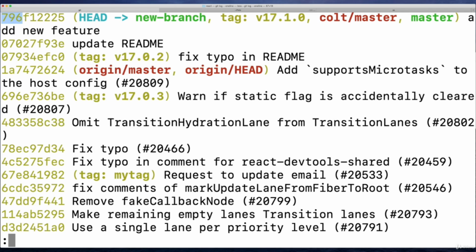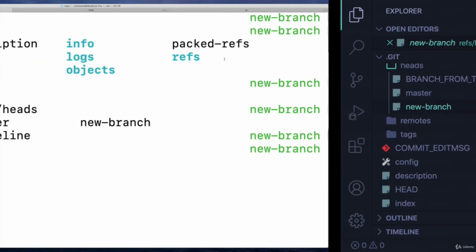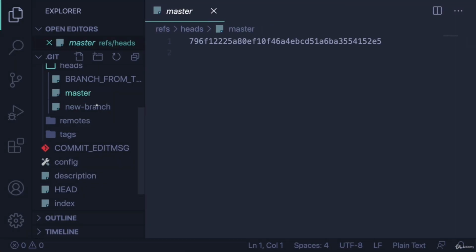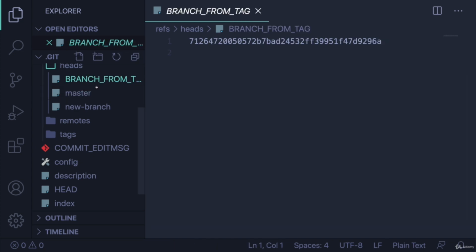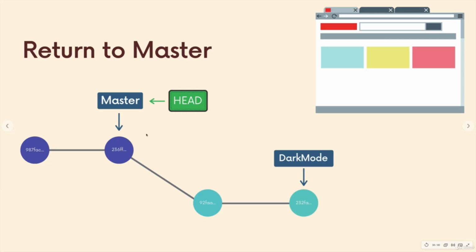This commit, 796. But we have some other branches, I think. Actually, maybe not. We've got these remote branches, but all the other branches here, master, new branch. Okay, well, why don't I make a new commit instead? As you can see, master and new branch refer to the same commit. This one doesn't. Branch from tag, I made that a while ago in a previous video. It refers to a different commit. Just like this slide, where we have one branch referencing one commit, and a different reference over here